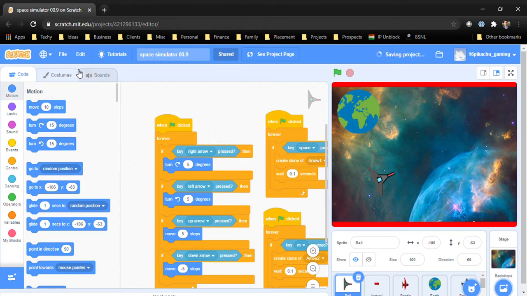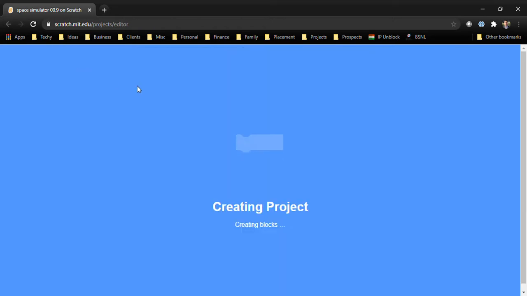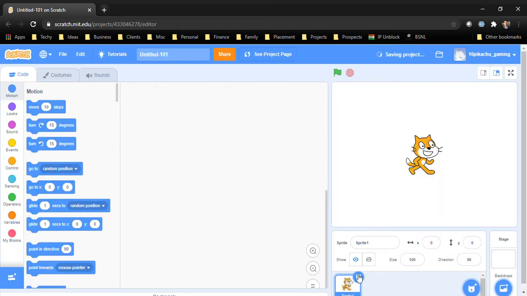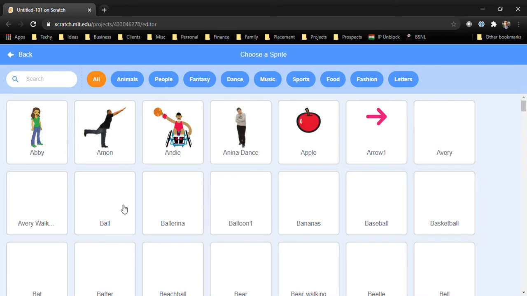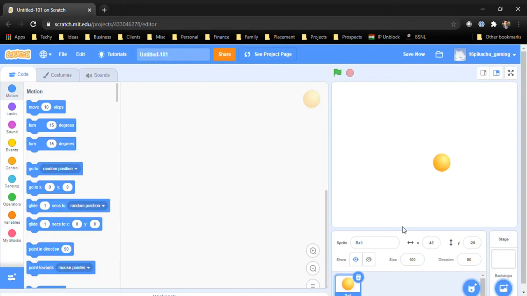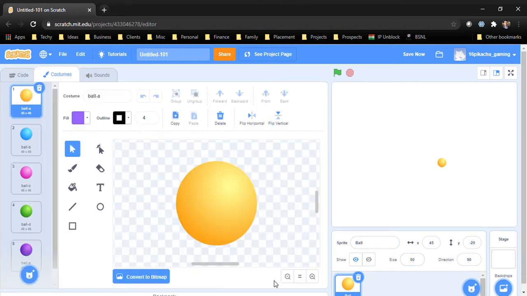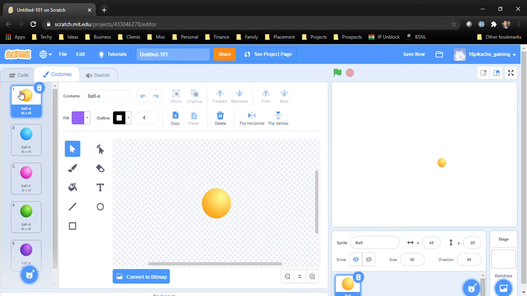I will make a new project. Okay. So first we have to delete the sprite. Choose a sprite which will be a ball. Set this ball size to 50%. Go in costumes and draw something like a spaceship.